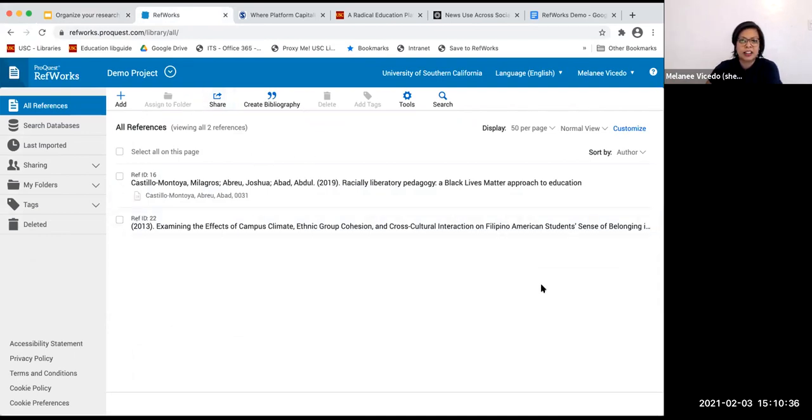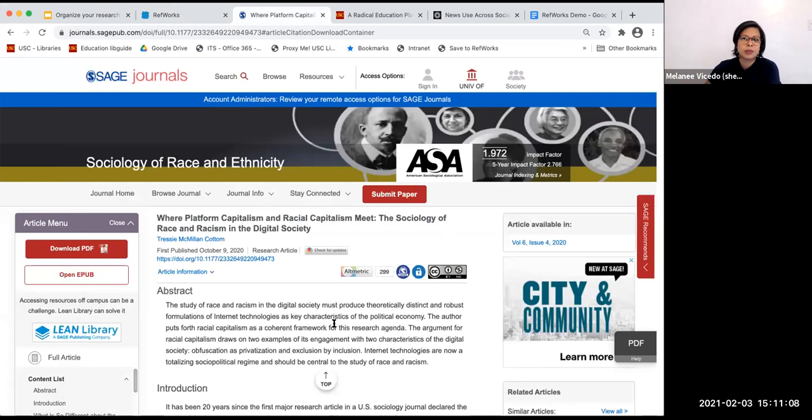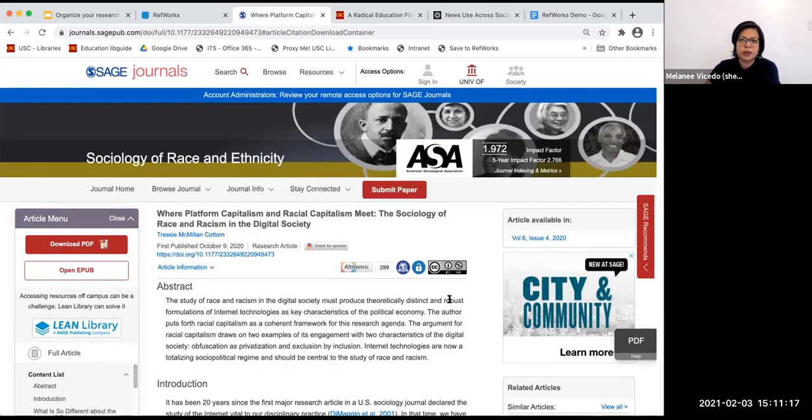what that looks like. A lot of the questions I get with RefWorks is, okay, what's the best way, or how do I add references? There are a few different ways to do that. An effective way to use RefWorks is integrating it into your workflow. No matter which database or search engine you use to find articles, there is a way to integrate RefWorks into your workflow. For example, if I find an article just like this one, I'm using Google Scholar, or I happen to find an article that I like, and it goes into the article's